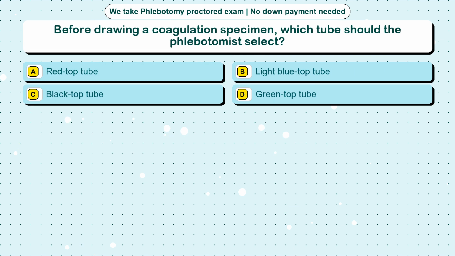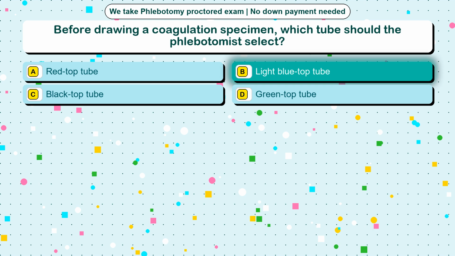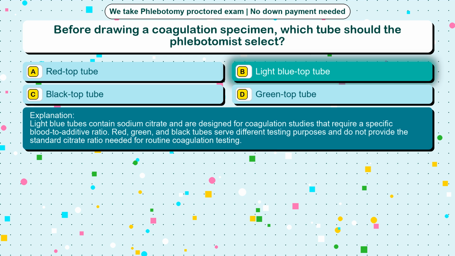Question 58. Before drawing a coagulation specimen, which tube should the phlebotomist select? Option A, red top tube. Option B, light blue top tube. Option C, black top tube. Option D, green top tube. The correct answer is option B, light blue top tube. Light blue tubes contain sodium citrate and are designed for coagulation studies that require a specific blood-to-additive ratio. Red, green, and black tubes serve different testing purposes and do not provide the standard citrate ratio needed for routine